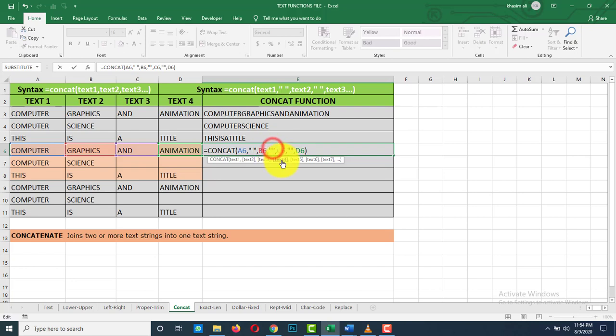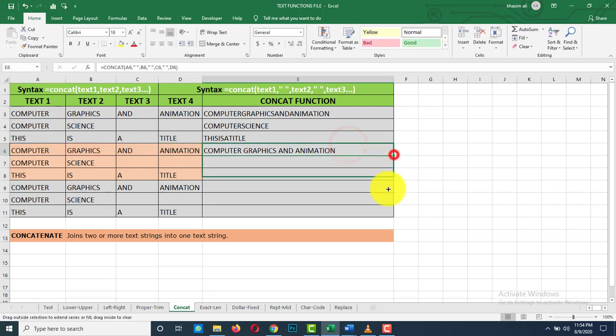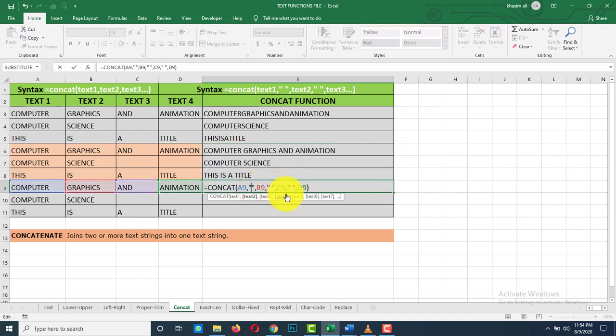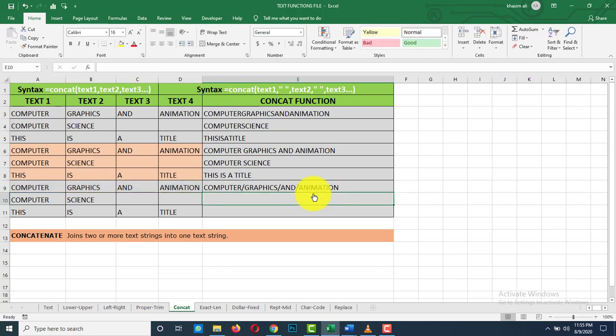Further, you have to add a space between two inverted commas. Here, if you add a space between inverted commas, it displays a space, or if you write any other characters, then it displays that character. See. Now I am going to add a character, that is slash symbol, instead of blank space. What happened we will see. See. Instead of space it displays slash symbol. Like this you can apply concat formula in different ways, which is used to add multiple text strings into one text string.